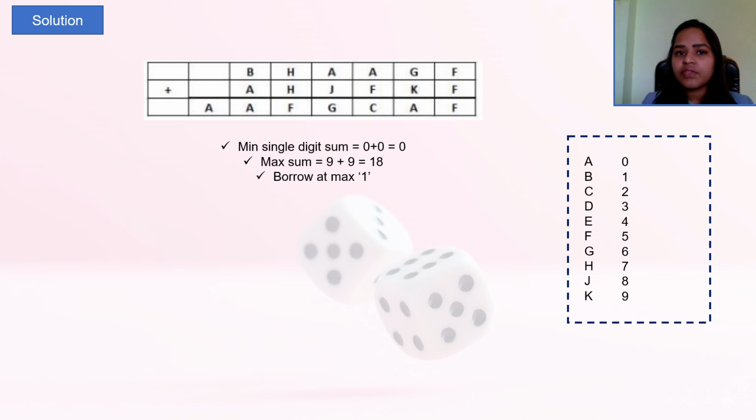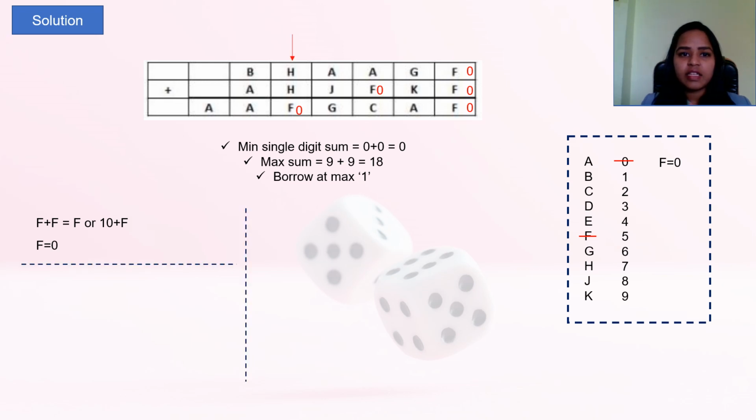So if you see, the first and very simple one seems to be F plus F is equal to F or 10 plus F, right? Imagining 1 is getting carried. So it's only possible if F is equal to 0. Right? No other number satisfies that between 0 to 9. So we know that F is equal to 0. So we'll place 0 at all the places where F is there and we'll cancel F and 0.